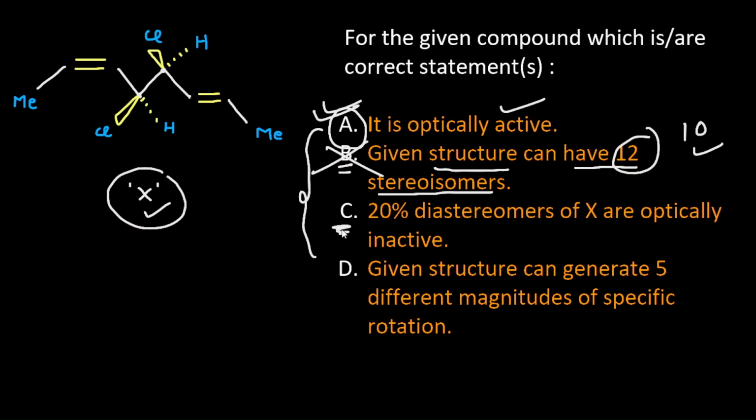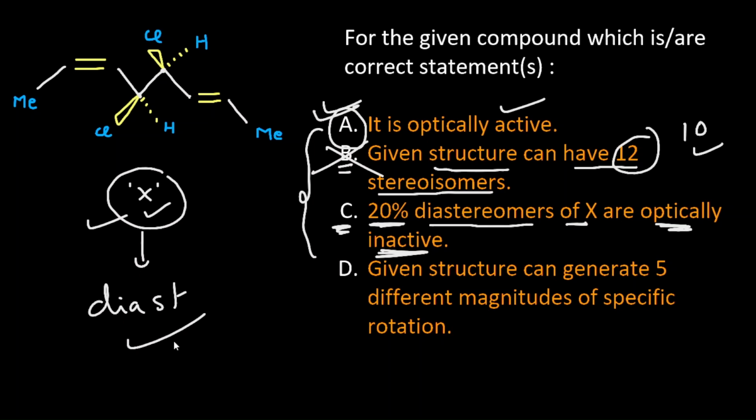It says that 20% of diastereomers of X are optically inactive. Now, what is the meaning of this statement? It says that you have a compound X. Now, find all the diastereomers of X. Once you have found all the diastereomers of X, 20% of these diastereomers you have found are going to be